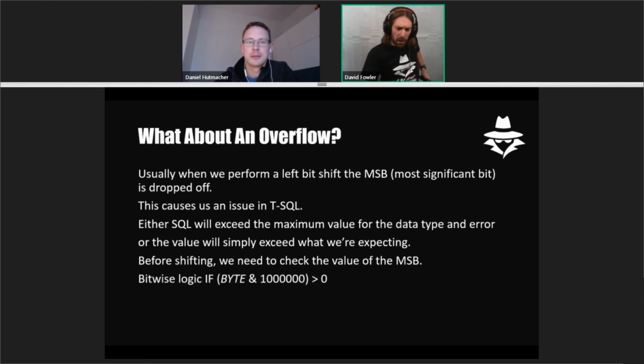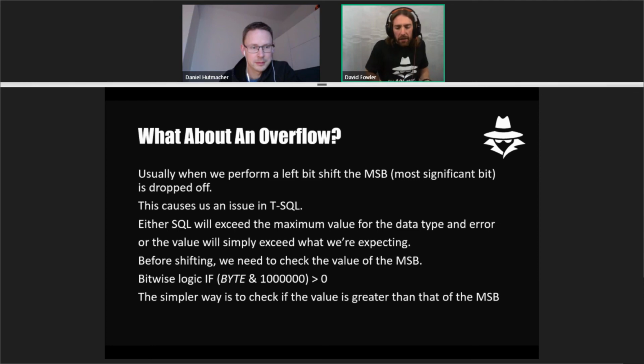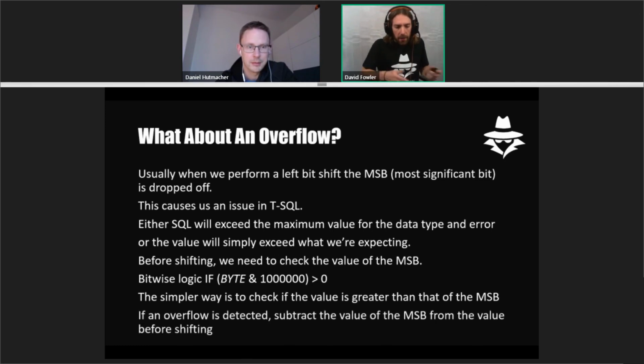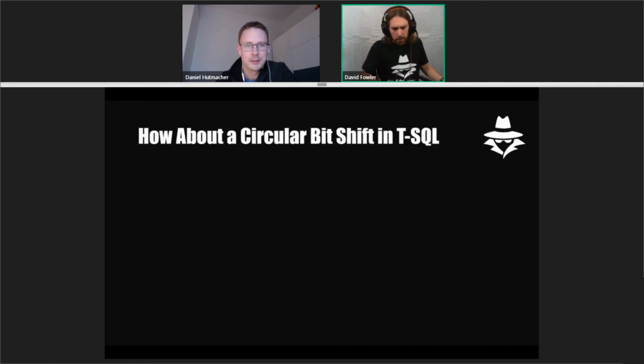We can use this funky little bitwise logic to do that if we want to, using a bitwise AND, or much more simply, we can just check if the value of our number is equal or greater than that of the most significant bit. If that's true, then we know that most significant bit is going to be a 1. If we detect an overflow, we just subtract the value of the most significant bit from the value, and then we shift. So a circular bit shift in T-SQL.